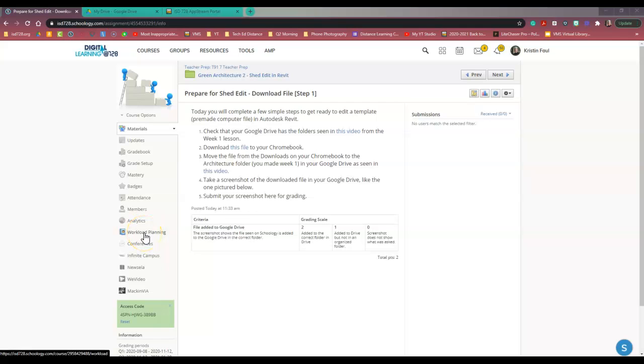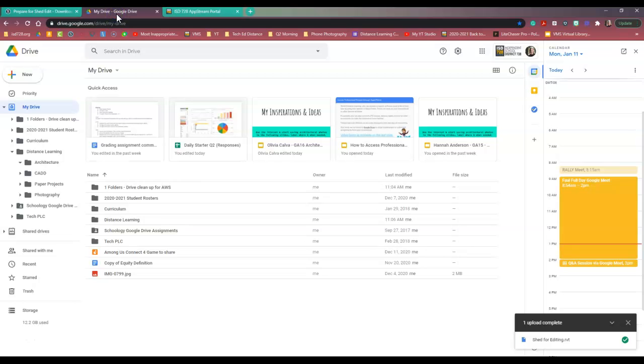Hey you guys, in this short video, I'm going to show you how to open a file that we are going to call Shed for Editing. This is a file that you should have added to your Google Drive. I have added mine to my Google Drive. It's in this distance learning folder